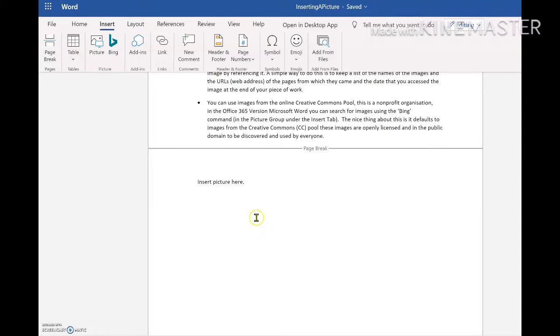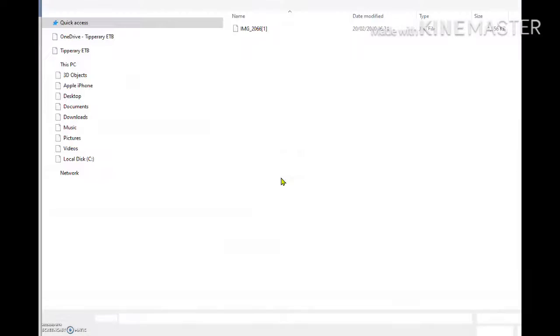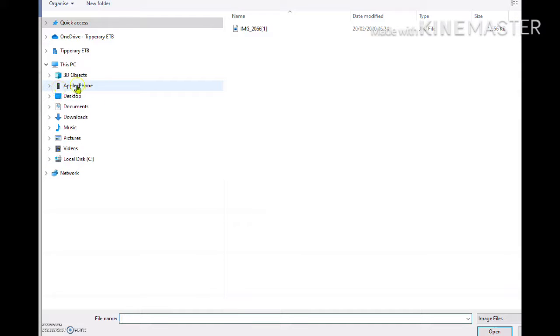The next place, if we want to choose a picture from my phone, is I go again to where I want to put the picture, I choose here where the cursor is blinking. You'll notice it there. And if I want to insert a picture from my phone, I go up to the Insert tab, down to the Picture group, choose Picture, choose the file location. This time I'm going to choose my phone. So if I click on my phone,